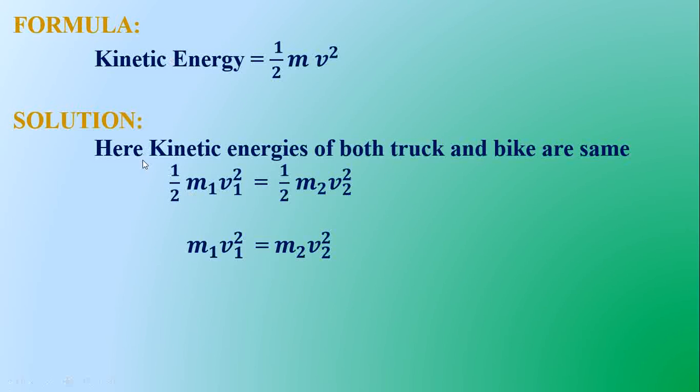In this, 1 by 2 and 1 by 2 get cancelled. So, m1 v1 squared is equal to m2 v2 squared. Now, we already know what m1 is: 4 times m2. So we write it as 4 m2 v1 squared is equal to m2 v2 squared. Now, in this m2 and m2 get cancelled. So, the remaining term is 4 v1 squared is equal to